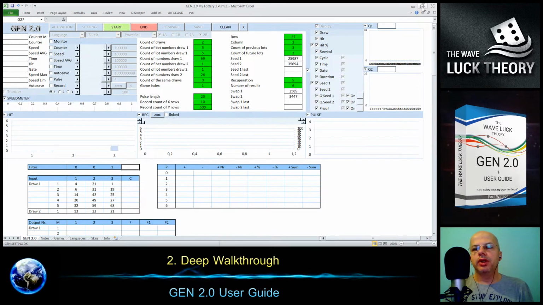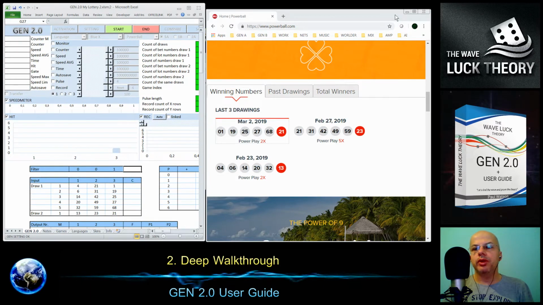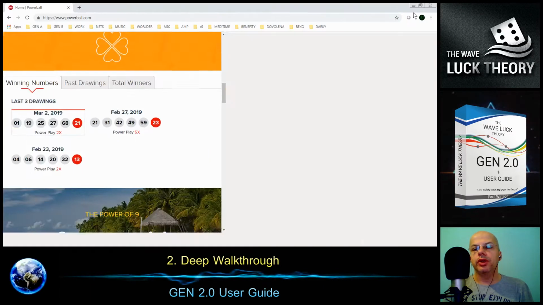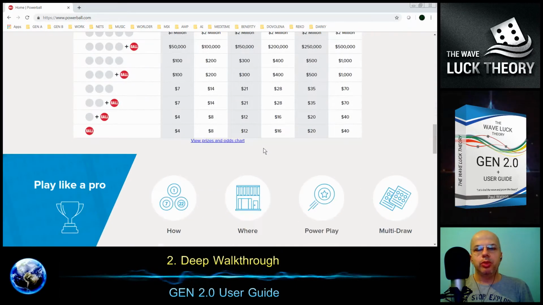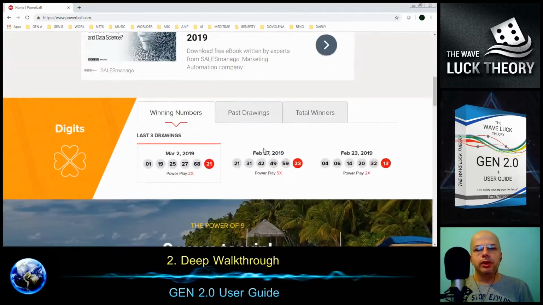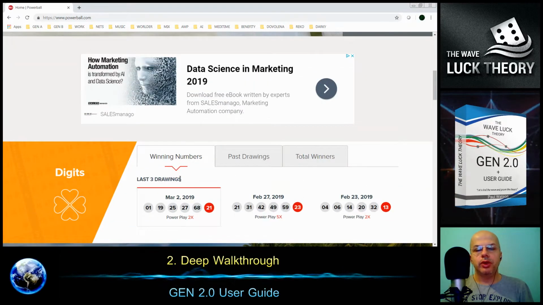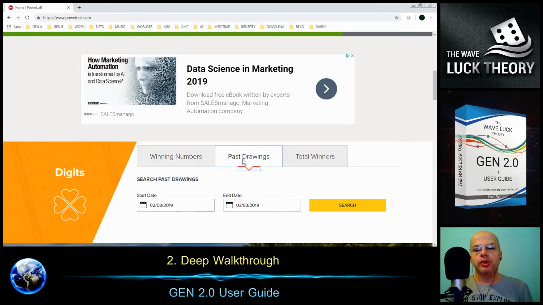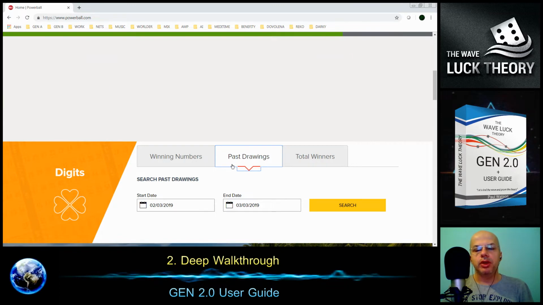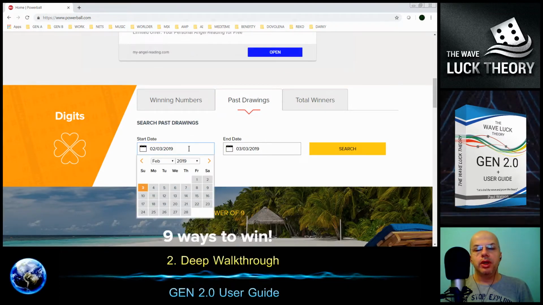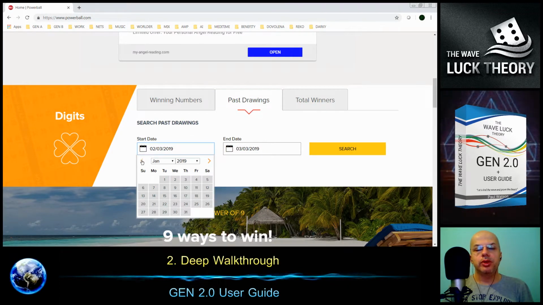And something more about the lottery, I will enlarge it. And so we put just here the last 3 drawings, but if we want to have a bigger lottery, just go to past drawings. On every lottery it can be in a different place, but we have it here, and we can, for example, set up the history